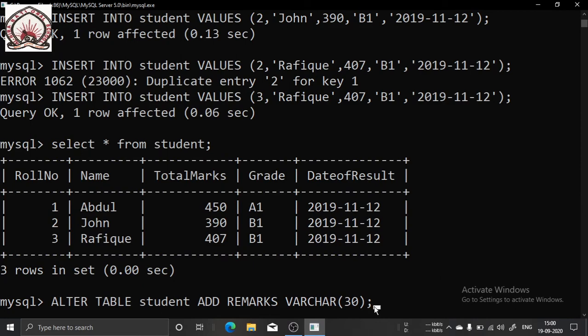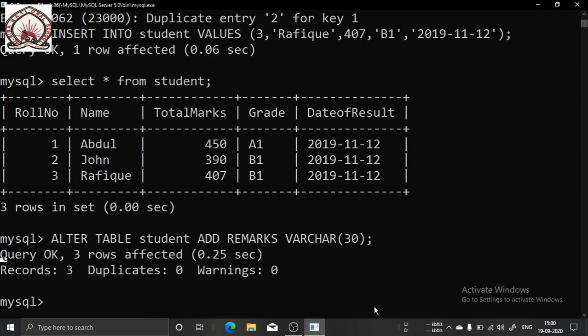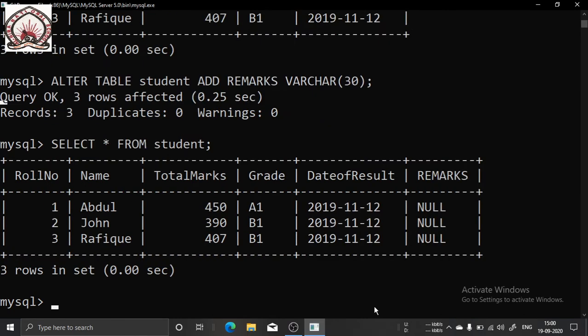Because I have already created a table, I want to add a column to the existing table student. So see, I have given it. So what happened? That particular column has been inserted in the table. If I give the command select star from table name student, you can see it is presently showing remarks.